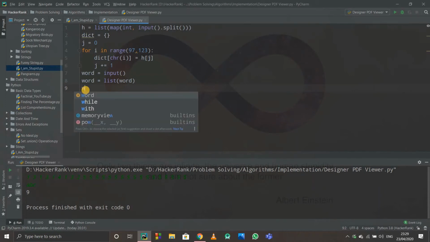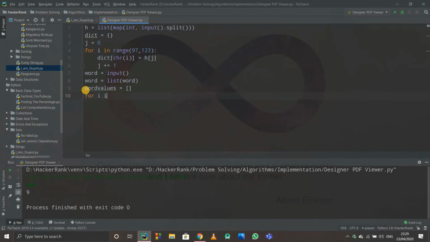After that, I'll start a list for the values of all the letters in the word, an empty list for now. I'll again use a for loop: for i in dictionary dot keys. I want the keys, and the dictionary's keys will be a list specifically. After that, I'll append.